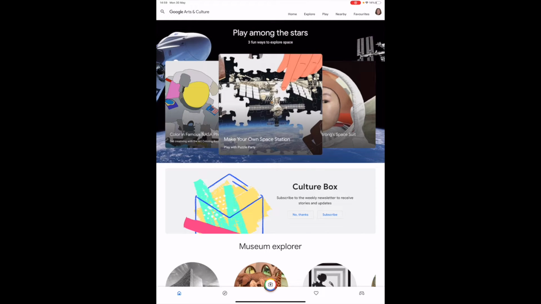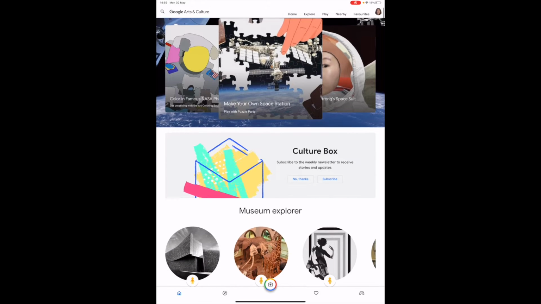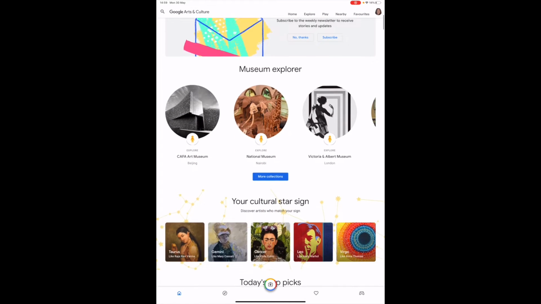For the purpose of this video, we are going to explore the AR features, or augmented reality features, that have been built in as part of Google's Arts and Culture projects. Outside of the augmented reality features, you could take some time to explore the huge range of resources that are